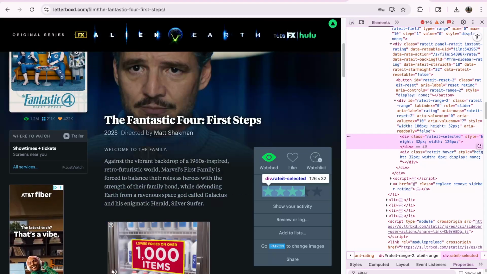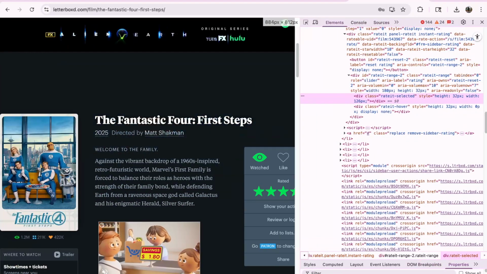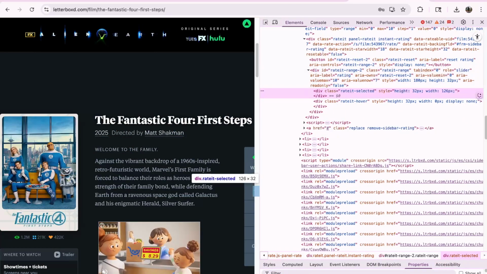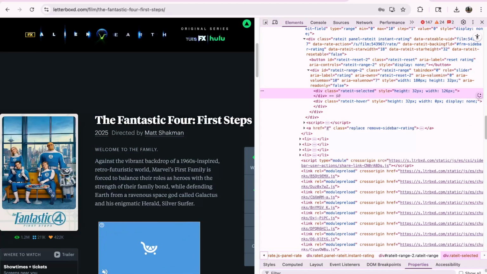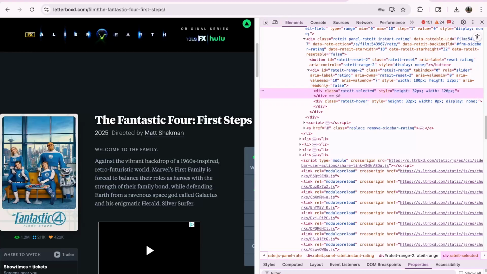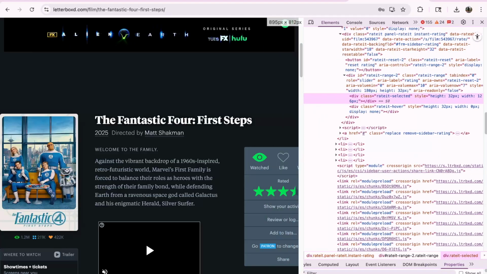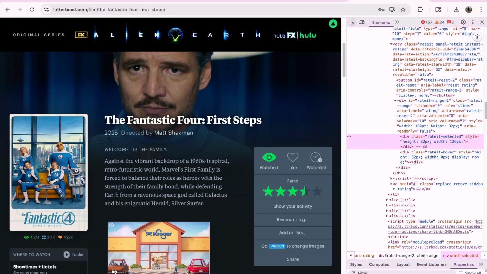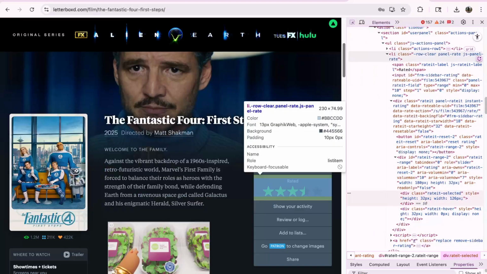So if I go here, yeah, okay, the width is 126, and I tried to tell the AI, okay, you see this width assigned, it's 126 pixels, and I went through here. I'll show you how I did it, and I put 126 equals 3.5, and then